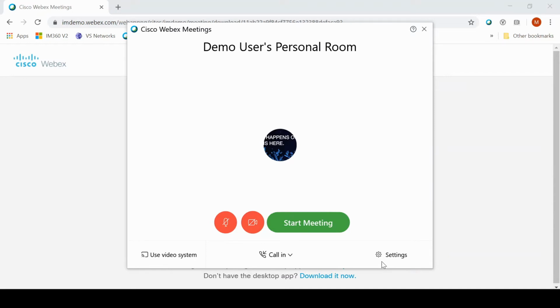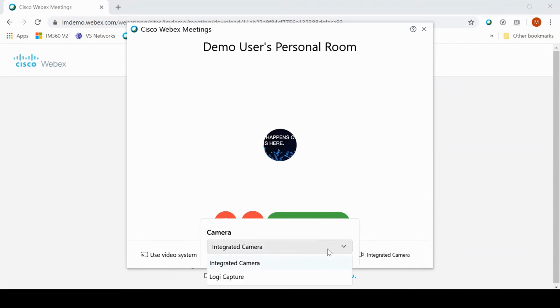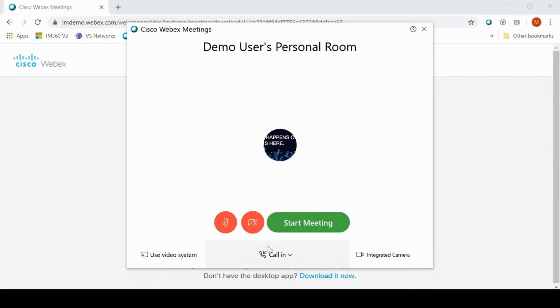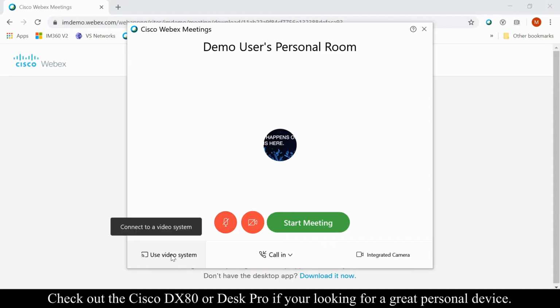I can also pick what I want to use as far as settings by clicking this button and picking, let's use a different camera instead of my integrated camera. I can do that as well. And then down in here, I can pick how I want to actually call in. Now this is my microphone muted or unmuted when I join, but this over here is how I want to call in. I could also use a video system if I wanted to and connect through SIP or connect through